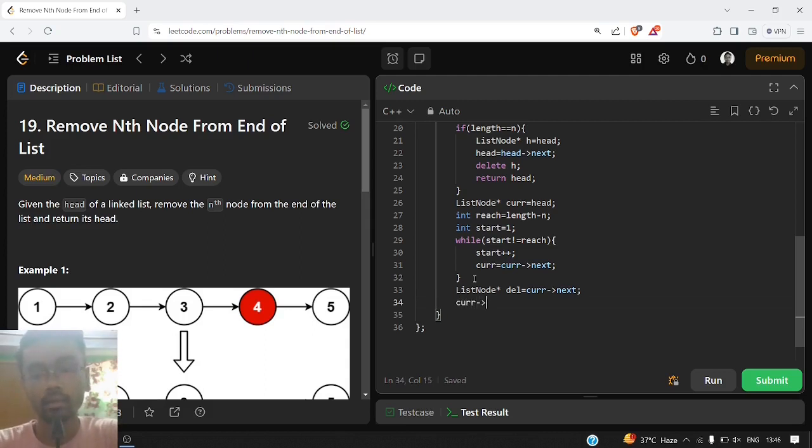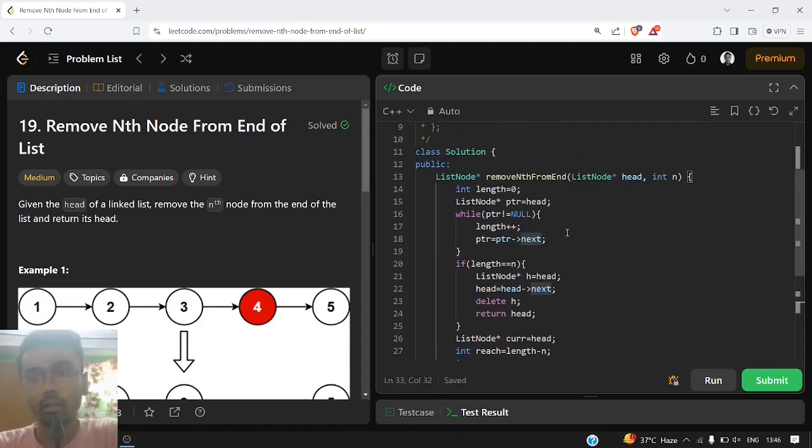So current next equals current next next. After that we can delete del from our memory, like this: delete del. And in the end we need to return the head of the linked list. So this is the logic which we have implemented.